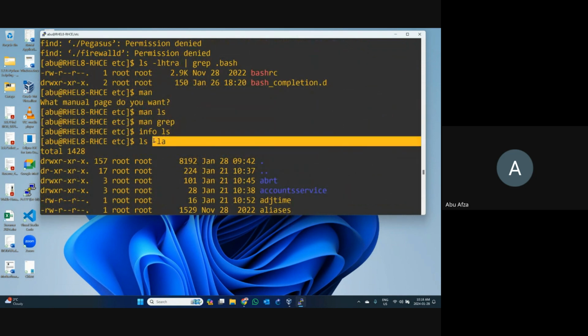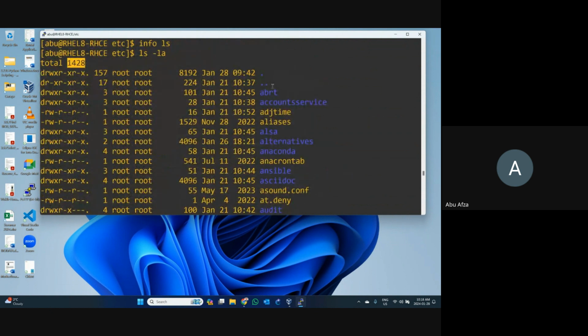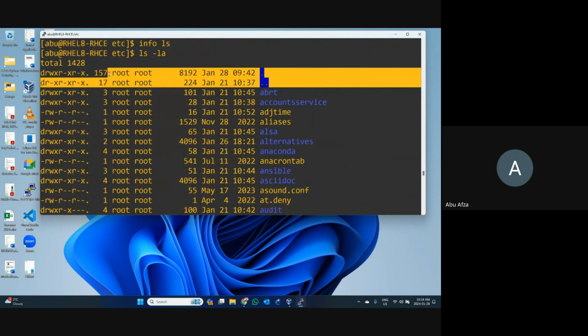This is a very common command that we are using. In here we can see the total file list is 1428 and everything will be shown in here. But you can see these two are system drives or hidden drives. We cannot see all the things, and that's not showing in our case.